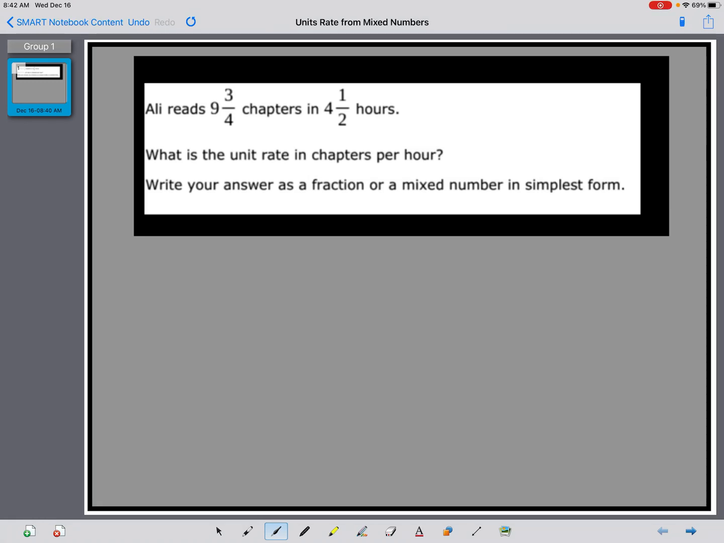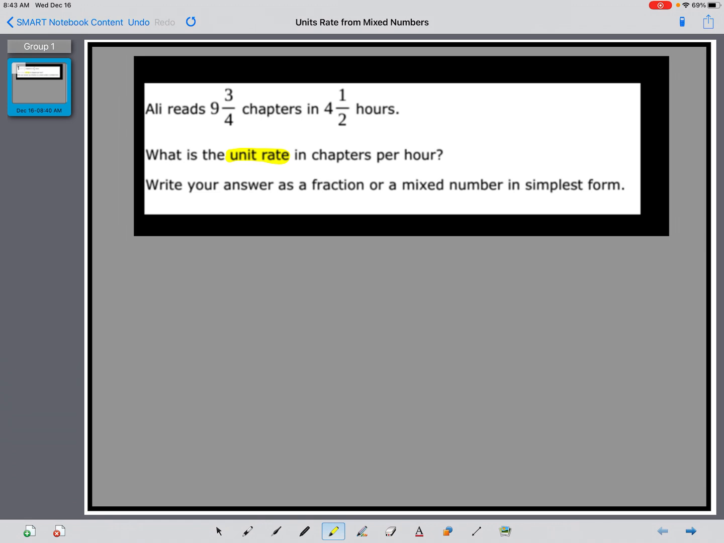Ali reads 9 3/4 chapters in 4 1/2 hours. What is the unit rate in chapters per hour? We have to write our answer as a fraction or a mixed number in simplest form. So the fact that they're asking for a unit rate, of course, means that we need to set up a